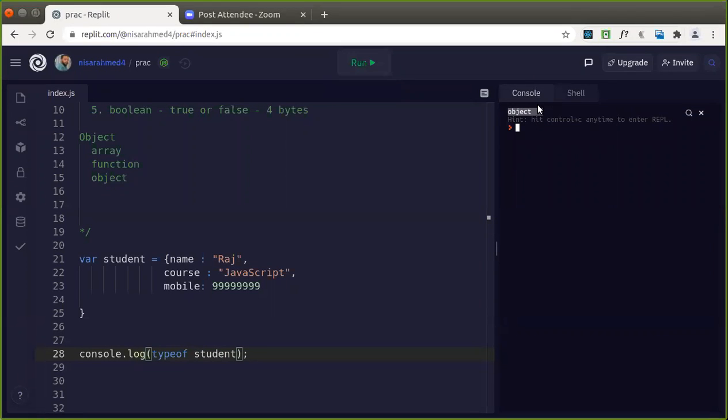So it is of type what? Object here. Good. So that is how we can create our own objects according to our requirements. There does not exist a student object; we are just creating it, isn't it? So that way we can create objects in JavaScript. Yeah, these are the basic things.